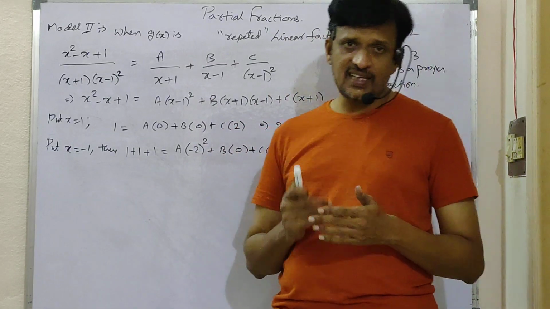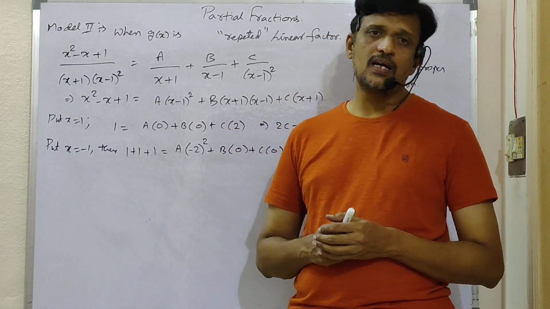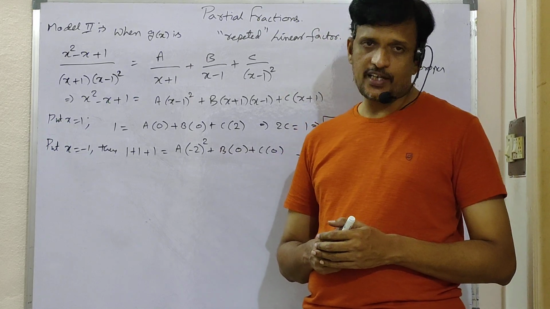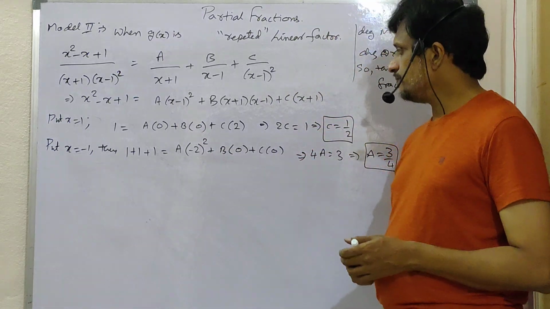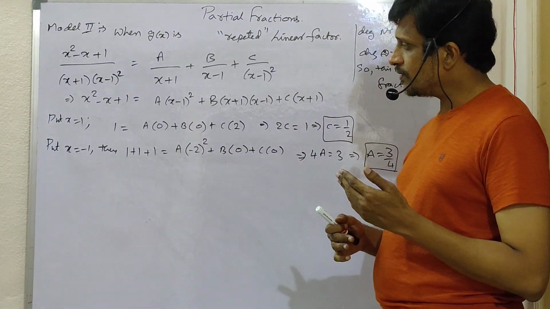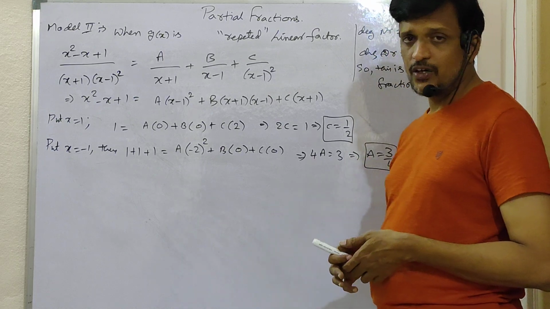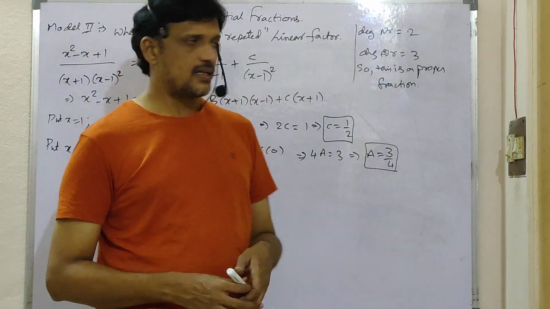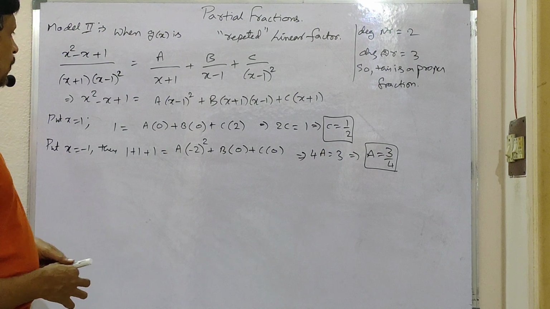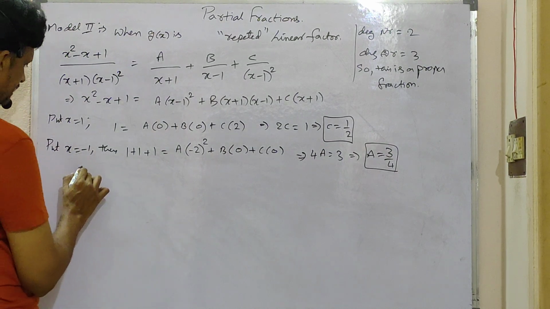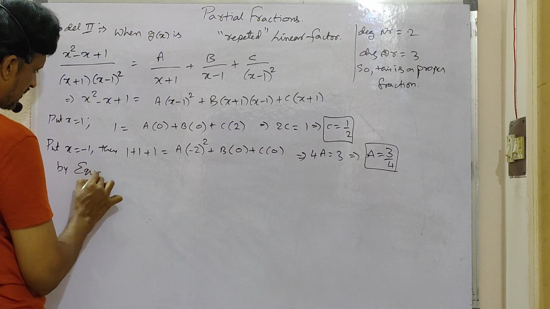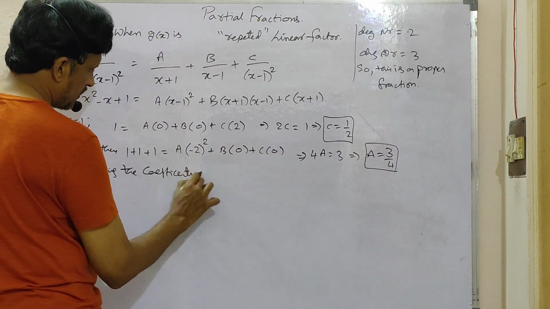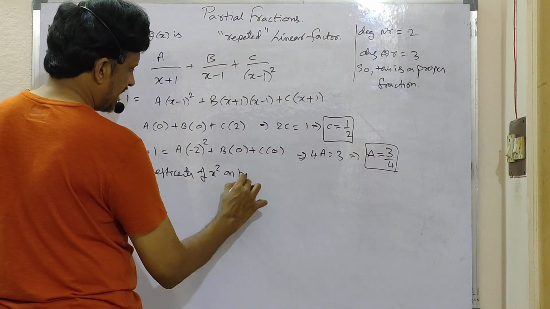Since there are only two factors, x minus 1 and x plus 1, by taking x equal to 1 and x equal to minus 1, you can eliminate two terms and you are getting the third. But here, there is no chance of obtaining the value of b in the same way. So what we have to do here is compare coefficients of like terms, by equating the coefficients of x square on both sides.